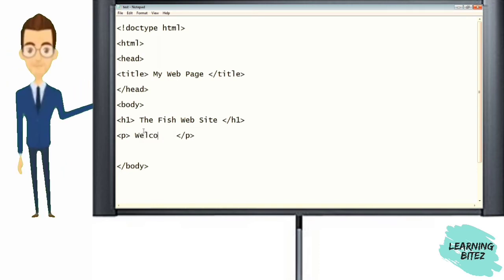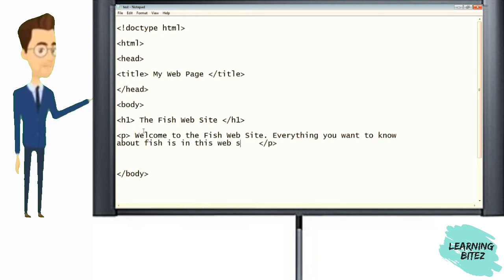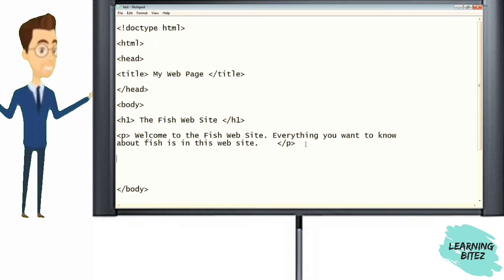So we're going to say, welcome to the fish website. Everything you want to know about fish is in this website. There we go. And so again, this ending tag says, hey, the paragraph ends here, and it'll go on to the next tag, which is going to be actually another header,